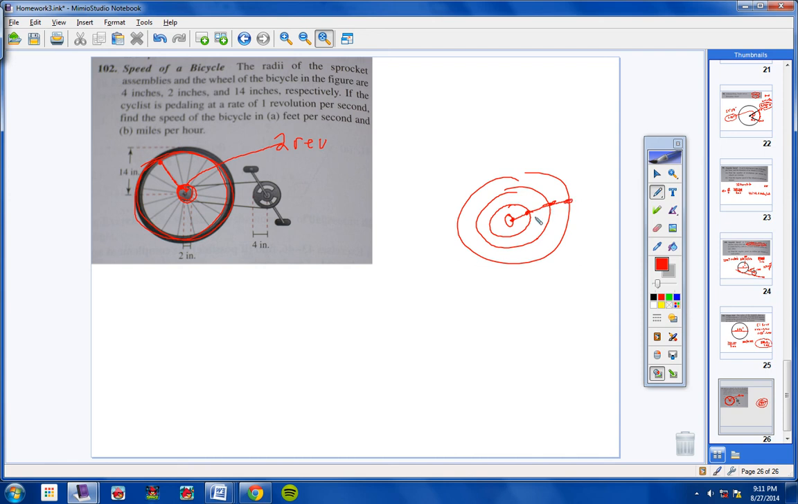Okay, so when this one goes around once, this one will too, and this one will too, and this one will too, because they're all circles inside of each other. So this circle right here,